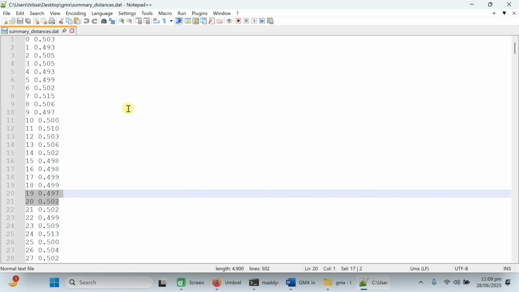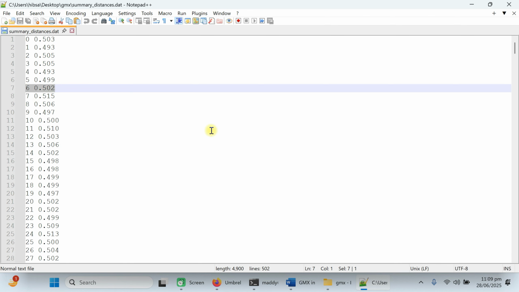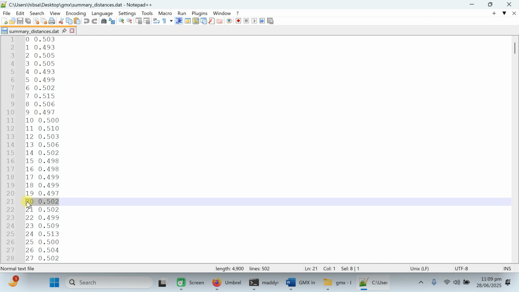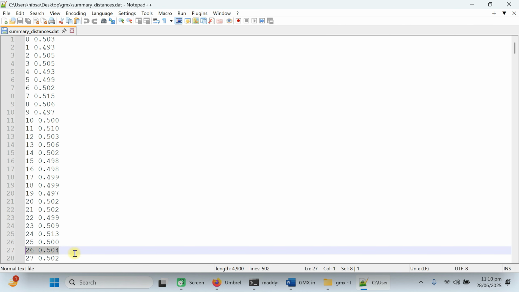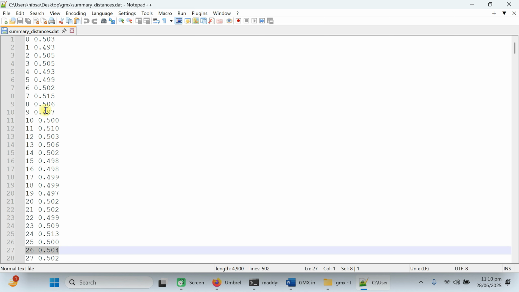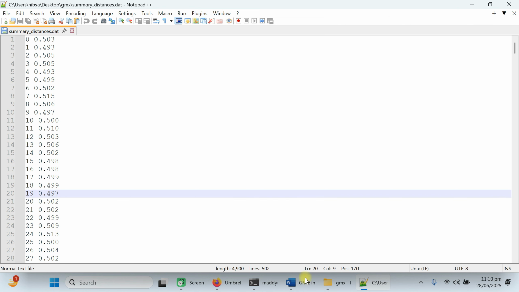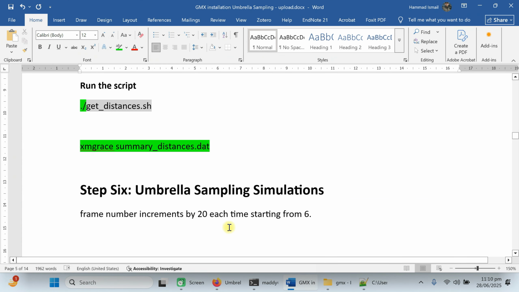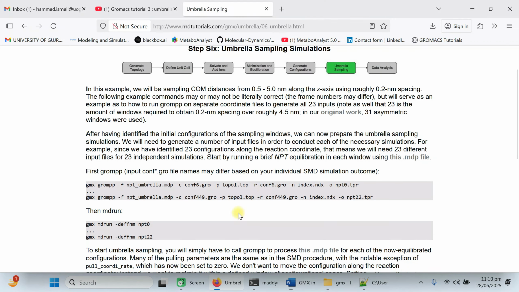Look at this file. If we focus on configuration 6, the distance is 0.502, and when we took it on 26, it becomes 0.504. From 0.502 to 0.504, it means with every 20 frames the distance has been increased by 0.02. Just an idea, we are going to make the difference of 20 frames each time, which means we are going to run